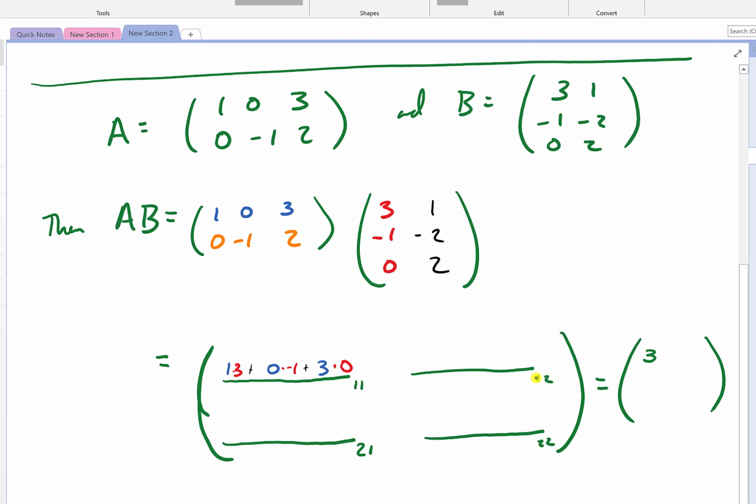So to compute the 1, 2 entry, what we're going to do is take the first row vector of matrix A, and we're going to multiply it to the second column vector of matrix B. So here we go. We're going to take, again, 1, 0, and 3, and we're going to multiply it to,